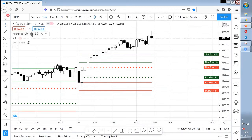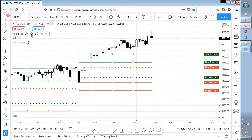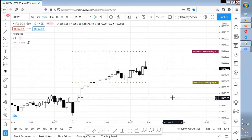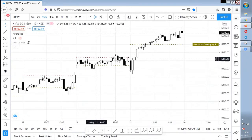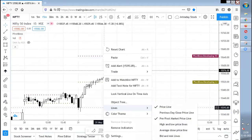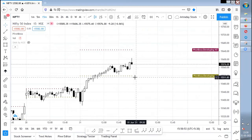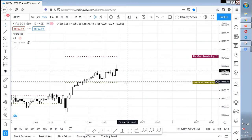Let me tell you the tomorrow scenario, what might happen here. Okay, got it. So this Camarilla is 2 days, and this Camarilla is tomorrow. Again, one scenario is that it is a higher value relationship, so the bias is bullish. But again, if you just see, the width between the H3 and L3 is bigger. So if the width between the H3 and L3 is bigger, then you need to be very cautious. It might become a sideways day as well, or a trading range day,